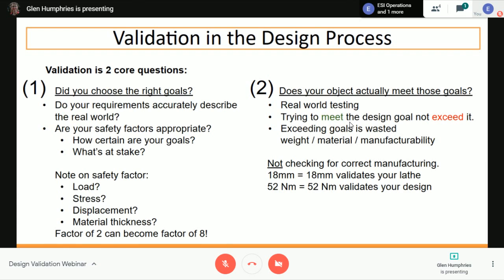Okay, if you designed it to last up to 52 Newton meters and then fail at that point, and it fails around 52, that has validated your design, or it's at least validated the execution of your design. Whether the 52 is the right number or not, that's question 1. If it does 52 the way you want it, that's question 2. Okay, so